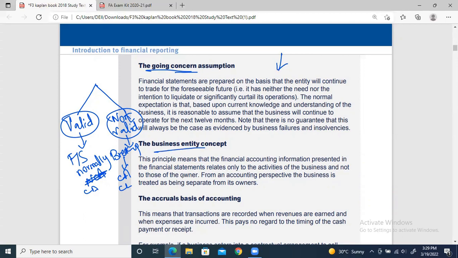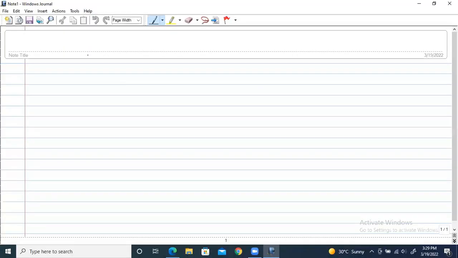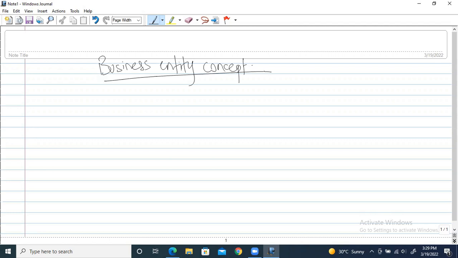Now, business entity concept, right? This principle means that if financial accounting information presented in financial statements relates only to the activities of the business and not to those of the owners, from an accounting perspective, the business is treated as being separate from its owner. So let me explain this as well, along with the limited liability concept. Okay. Now, one second. So this is basically business entity concept. Okay, so always remember that in a business there are owners as well,